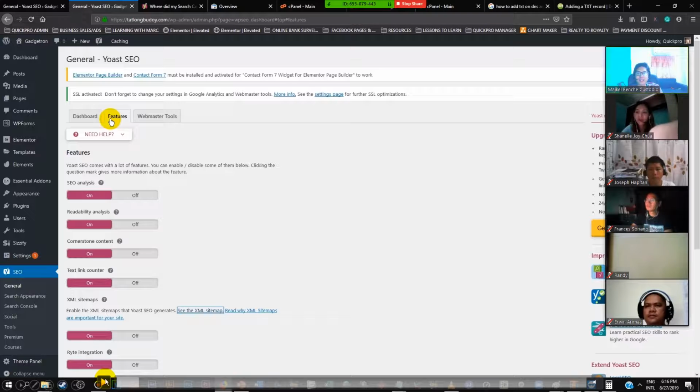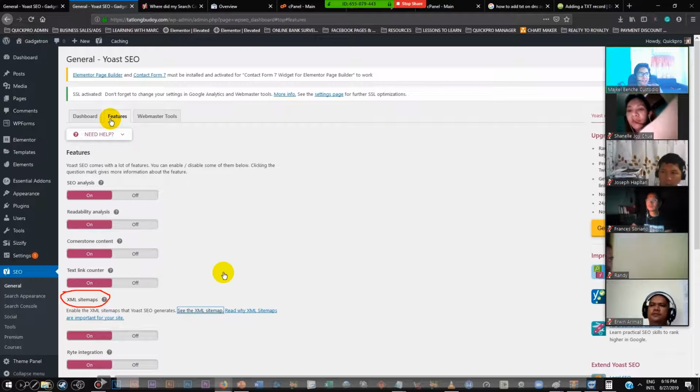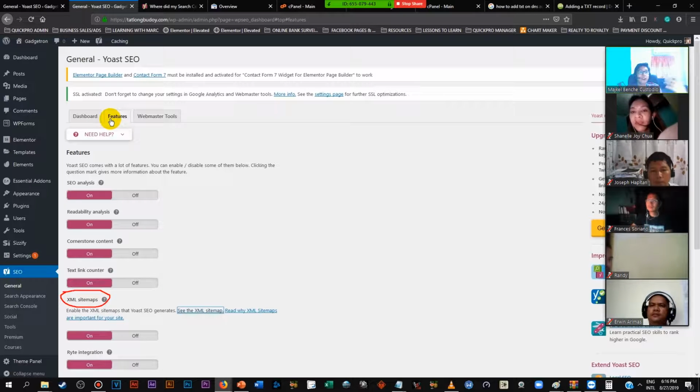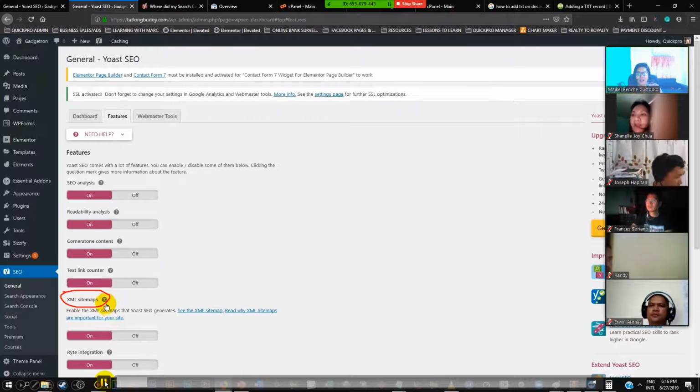Now we're gonna register the sitemaps of our website. What are sitemaps? You see this thing that says sitemap? We're gonna register the sitemaps because as of the moment, in the index, the only one registered is www.tatlongbudoy.com. Your website has lots of pages, right? It has the blogs page, the posts, the plugins, etc., etc. We want to index every single area of your site in the Google index so that it will have better chances of being found in the Google search engine.